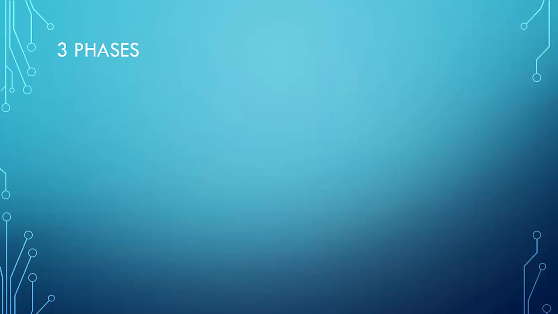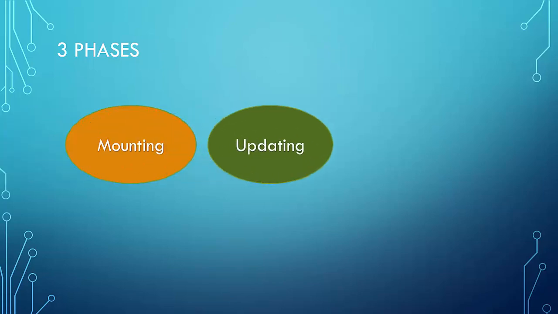The lifecycle of the component can be split into three phases. The mounting phase, where your component gets mounted onto the page for the first time. Then updating, on performing some actions on the component like a button click or any other actions which result in re-rendering of the component, like the state changes. And then unmounting. Suppose you want to toggle the show and hide of a component, then it is like unmounting the component from that particular page. So these are the three main phases of the component lifecycle.